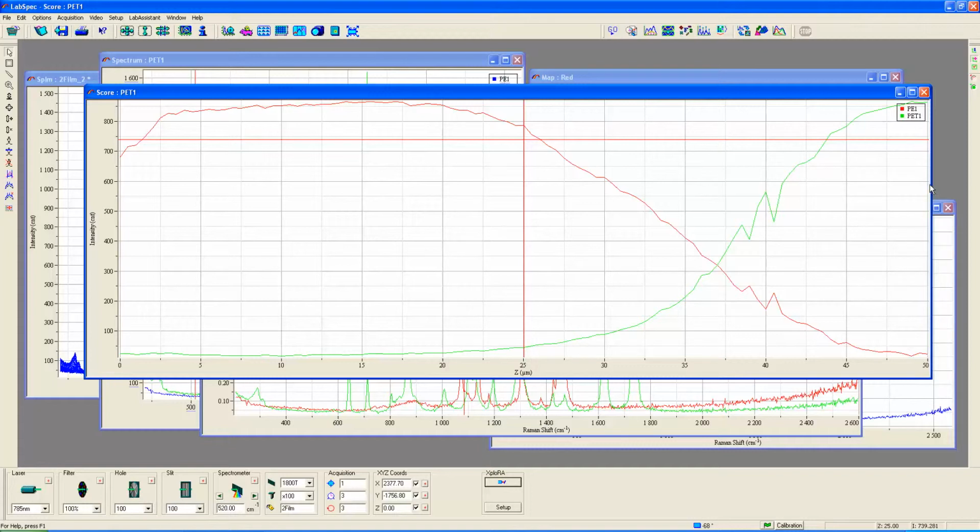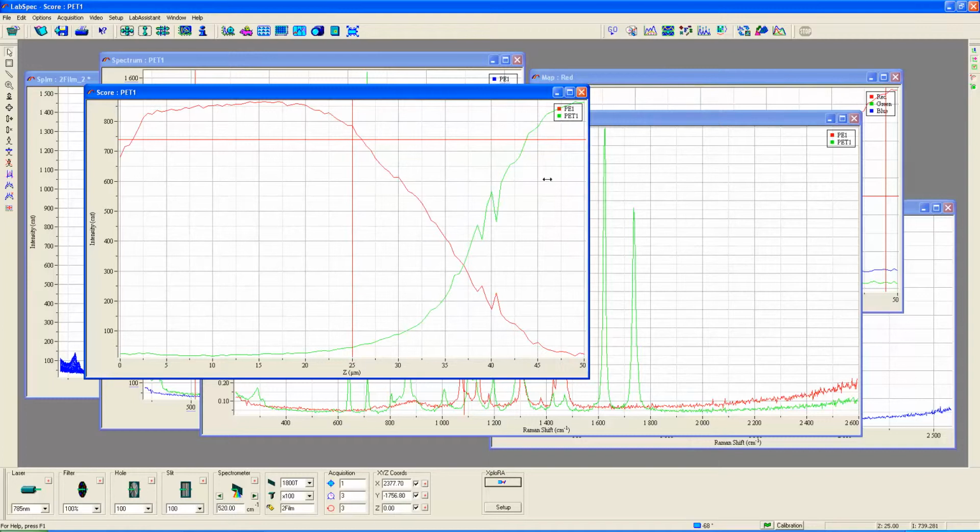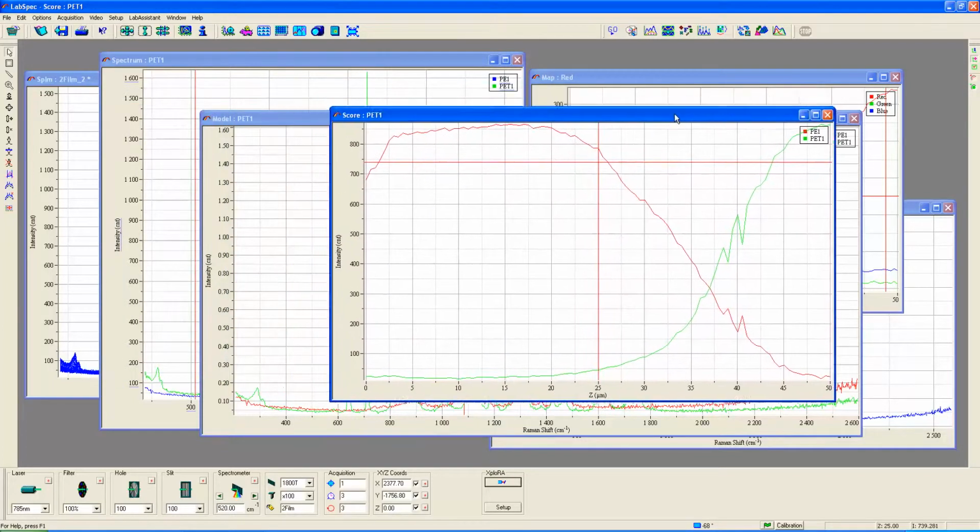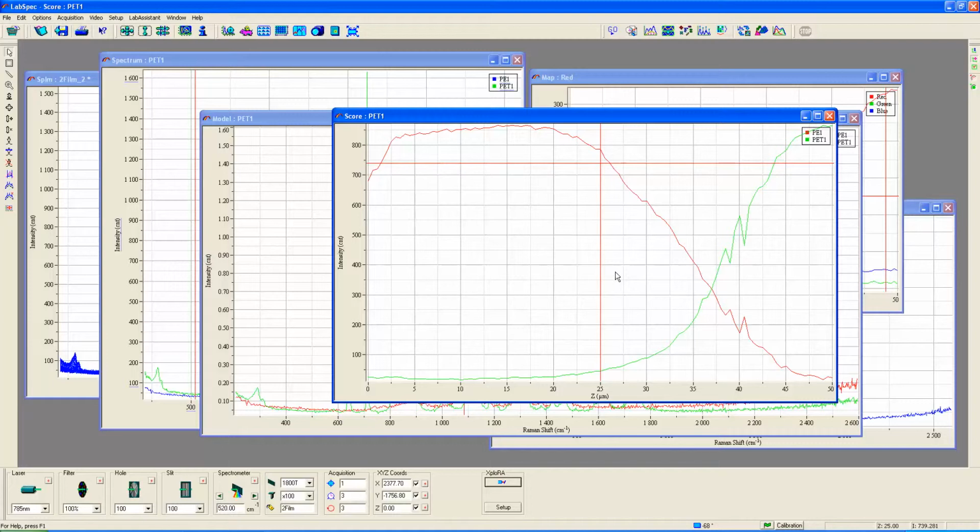And now what you can see is that in my depth profile that's generated from the modeling, now we have a depth profile that is not just from one peak, but from a depth profile generated from known reference spectra. And here we see now a much sharper interface than we saw with the one peak. And I have these plotted normalized so that if we take into account the fact that the beam was perhaps not in focus right at the very top, and it reached its maximum here at about 2.5